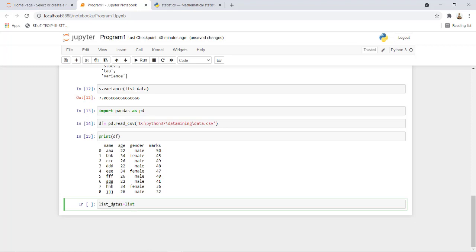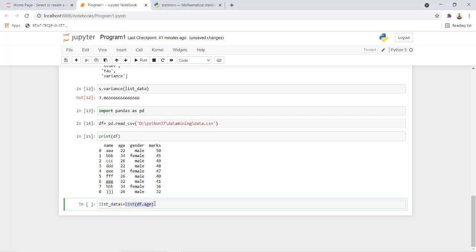I want to convert this into the list format, and the data is inside df.age. The point is, df contains this data, and df.age is this data here. Now I want to convert this df.age into a list of df.age.